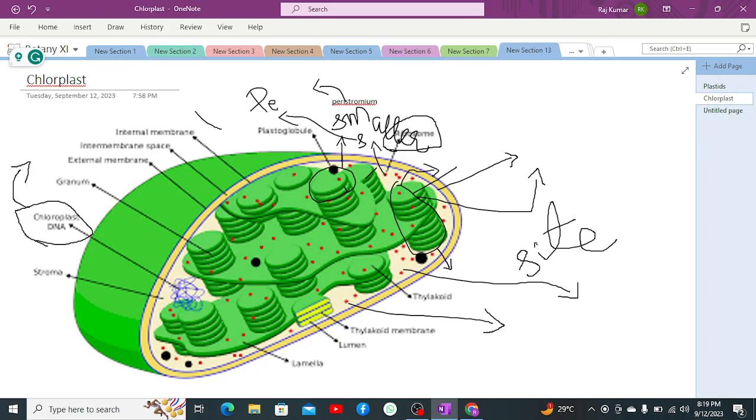Apart from which, we can say that this is a site of photosynthesis, and inside this structure, these chloroplasts are self-replicative, as we previously discussed in the structure of mitochondria. These can produce their own proteins. According to the endosymbiotic theory, they are derived from the prokaryotes, as well as these are the largest organelle in plant cell, as well as they